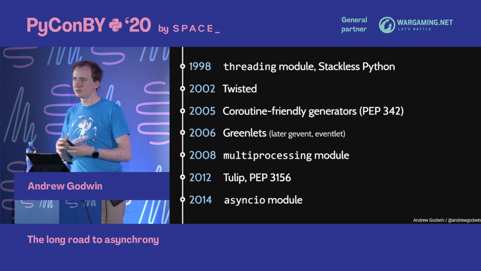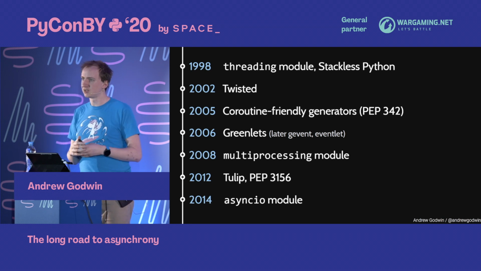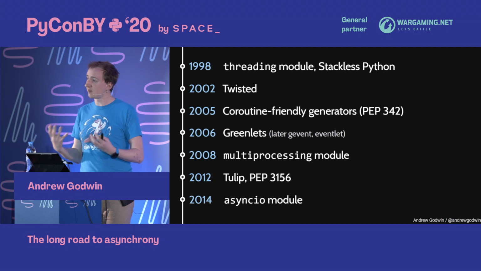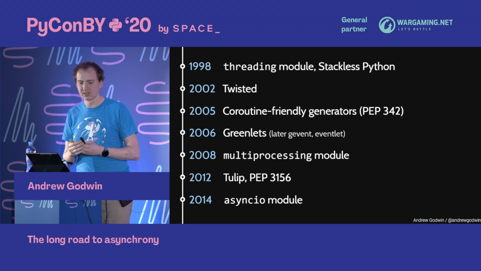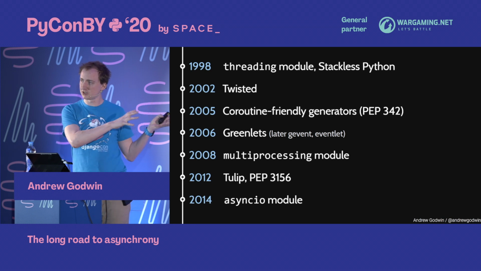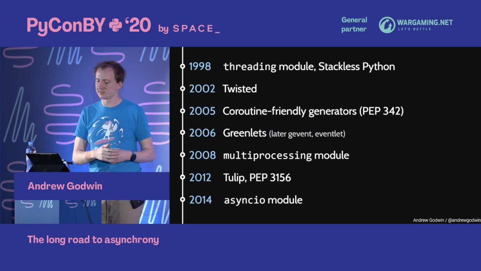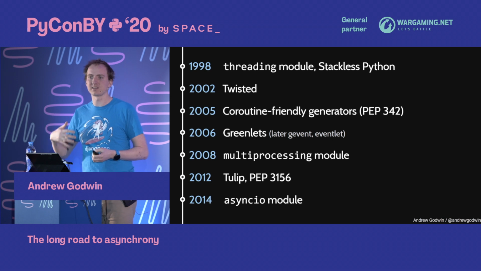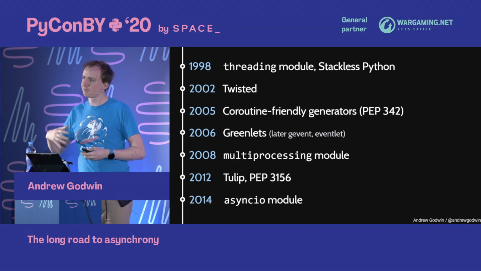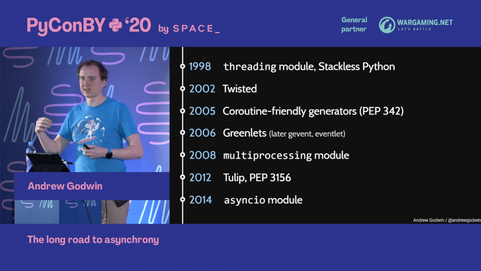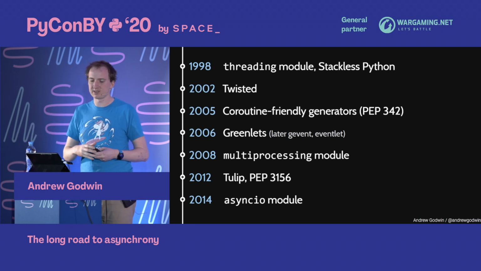Then in 2002, Glyph releases Twisted. Twisted is the very first that I know of event loop implementation in Python that is fully featured. All the concepts I showed you just then were there in 2002 in Twisted. It had all the things like waiting for network requests and waiting for timers. And at this point, the idea of event loops and coroutines, which we call things that run in event loops,